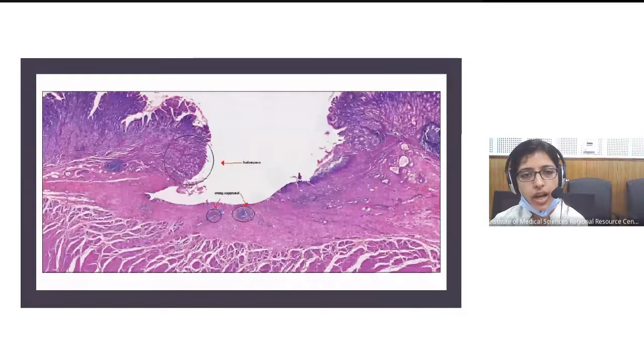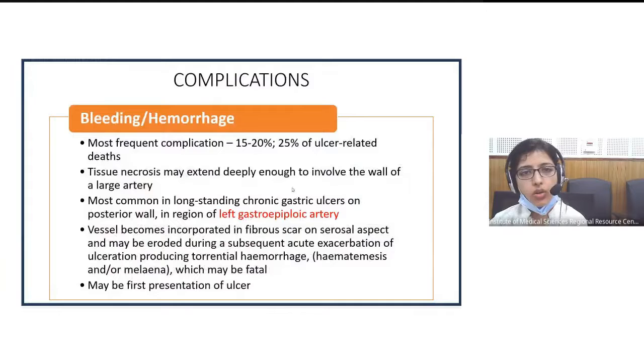And this is the overhanging mucosa at the proximal end of the ulcer, while distally we don't see this overhanging mucosa. Okay. Now, what can be the complications of peptic ulcer disease? As I just mentioned, these ulcers can bleed. So the most frequent complication is that of bleeding, which is seen in 50 to 20% of the cases and is responsible for 25% of ulcer-related deaths. So amongst the patients who die of peptic ulcer disease, one-fourth of them actually have bleeding or hemorrhage as the cause. That is, it can be such massive blood loss that the patient ultimately succumbs to it.